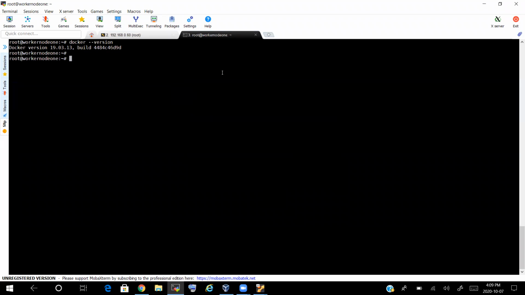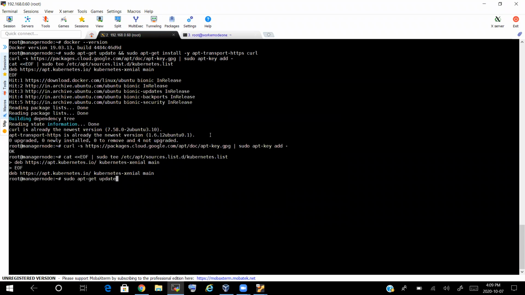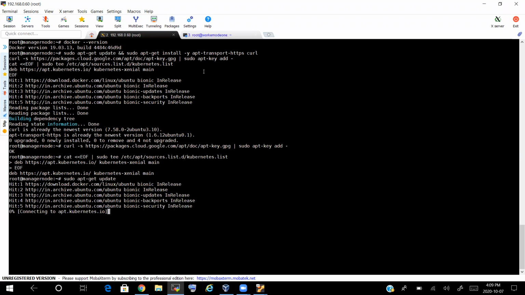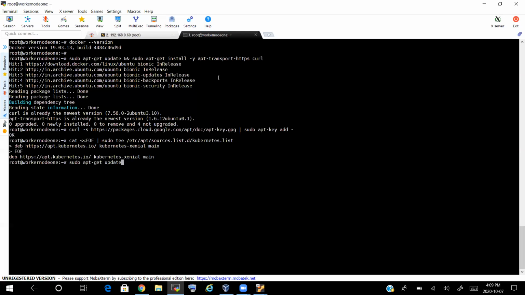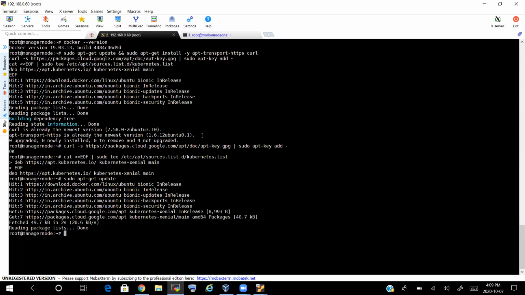And here also on the worker node, just follow the same. Just run the update. So let me execute the command to show you how to verify what versions are provided by your repository. In Ubuntu, there is a command called apt-cache policy. Let's say I want to verify one package that is called kubelet.